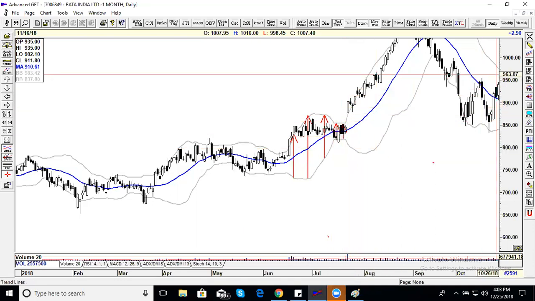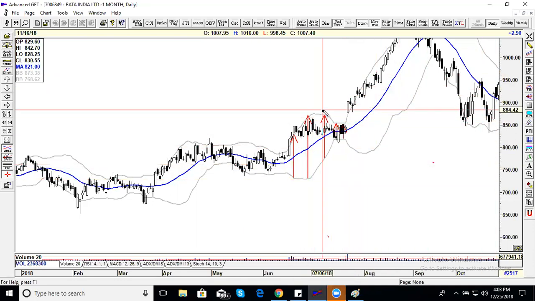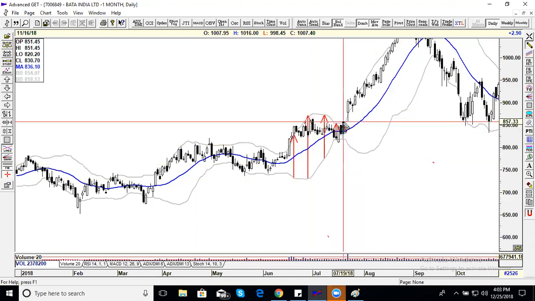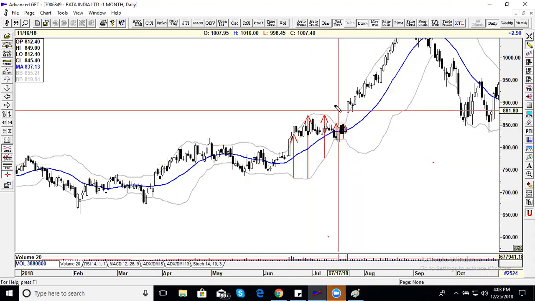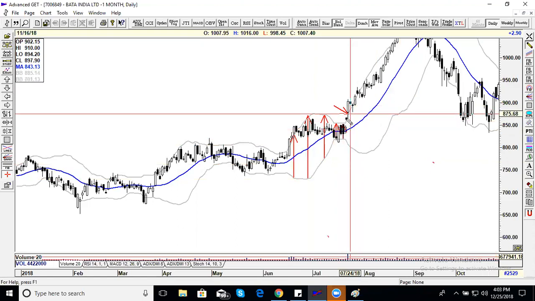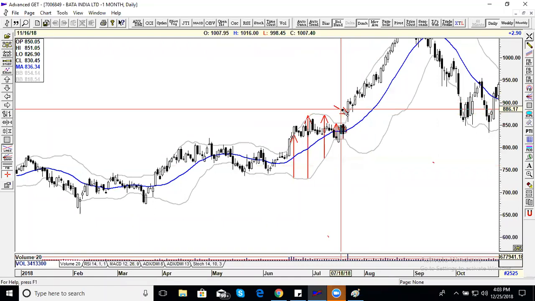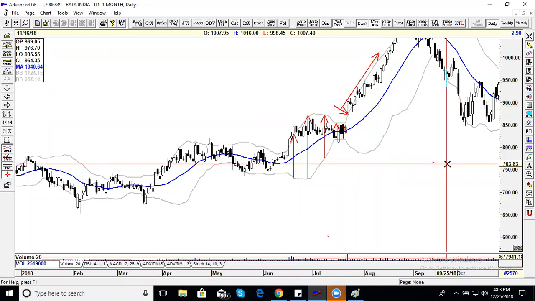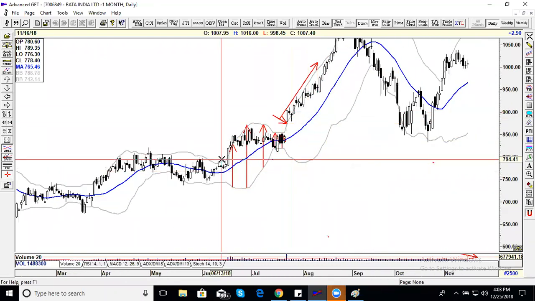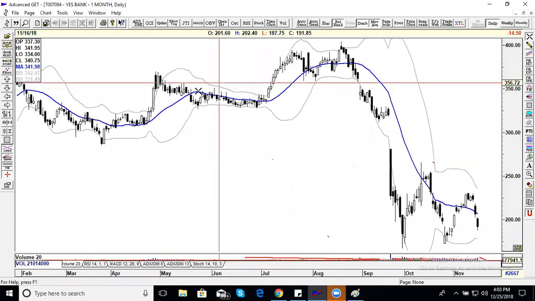because once it breaks outside the squeeze, that means the Bollinger Band was wide apart, and now it went into very, very consolidation mode. From there, if it breaks out like this, because it's a coiled spring, if you squeeze the spring, the tension builds up. And once you release the spring, it will bounce, right? Like this only. So this is the time where you go and buy an option. It's called a squeeze breakout.